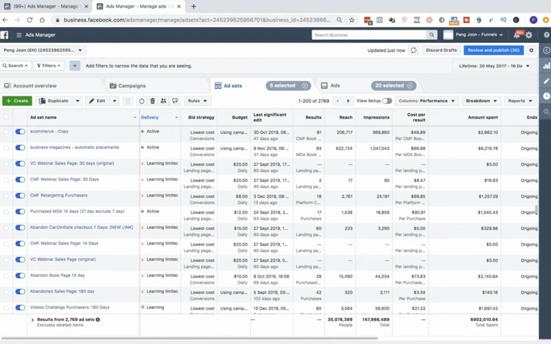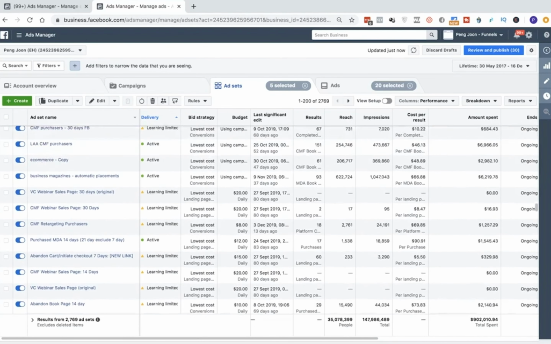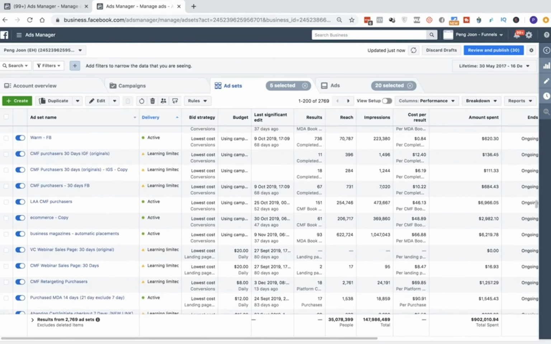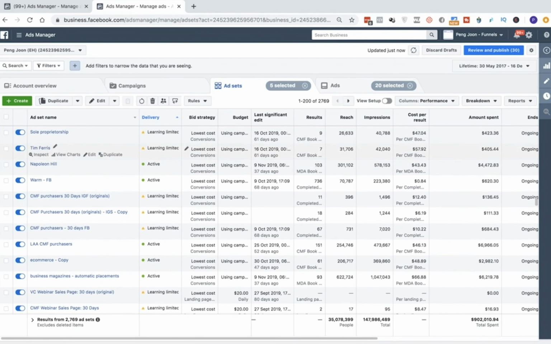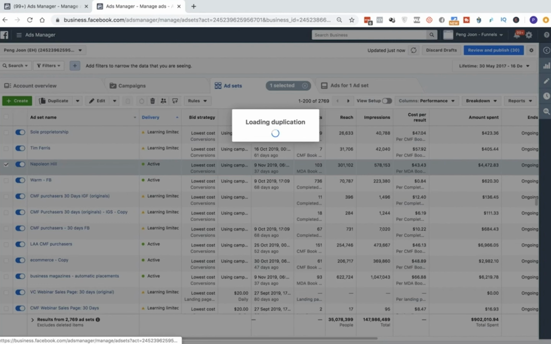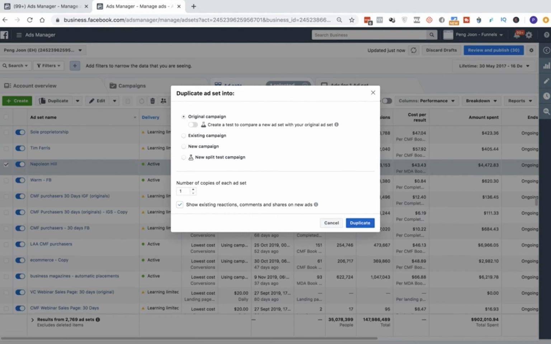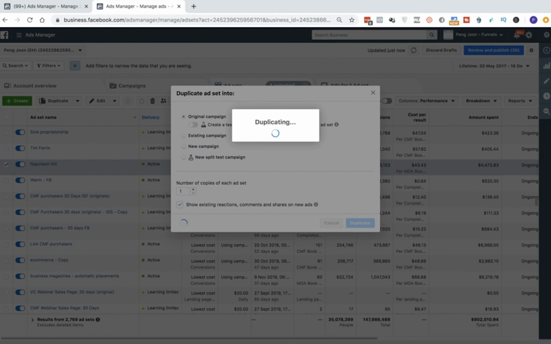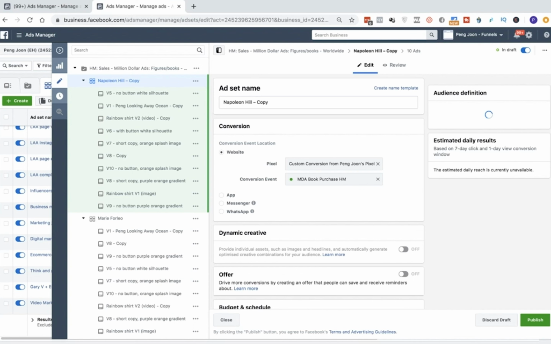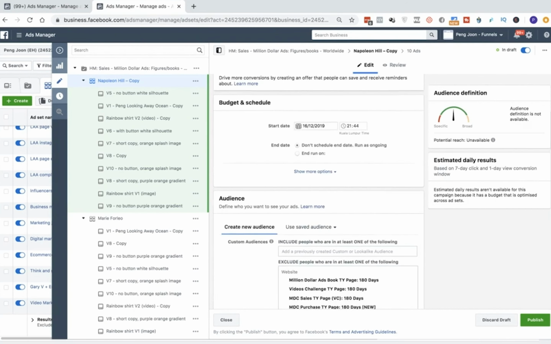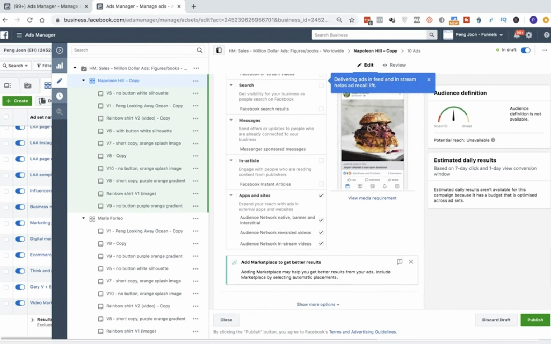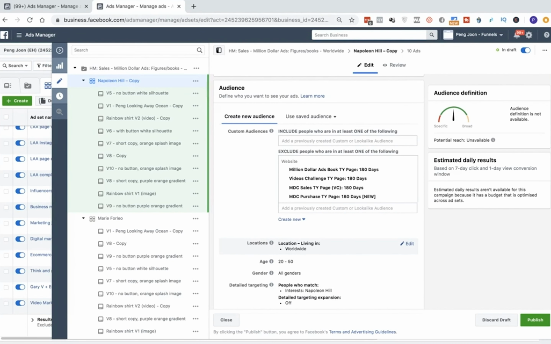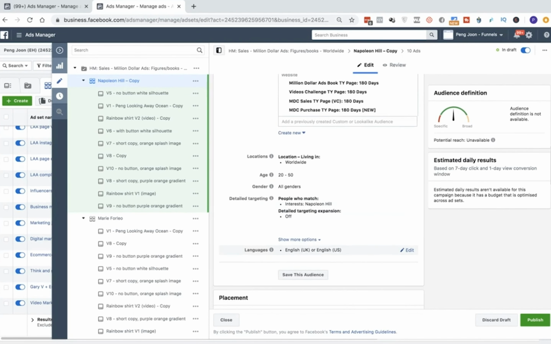I want to take a look at an actual one which I like. So okay, Napoleon Hill's not bad. So let's say I duplicate this. Spend about $4,000 on that thing. So if I were to duplicate this, another thing that I can do is I can duplicate this, but this time what I'm going to change is I am going to change the